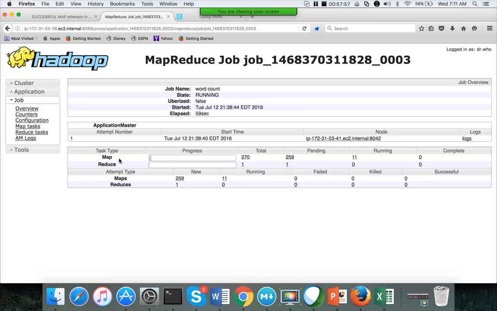Once the mappers are completed, then only the reducers will actually do the work. As long as the mappers start completing, reducers will start doing some work, but reducers will only complete after all the mappers are completed. Until then, not even one reducer will be in completed state. It might get into 80%, 90% state, but it will not be in completed state.